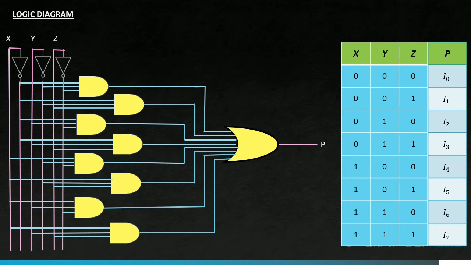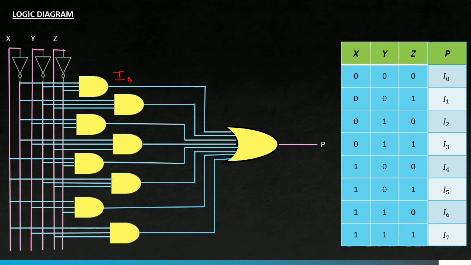See here in the logic diagram. According to this truth table of X, Y, Z, we have put all the values from I0 to I7 and made the logic diagram. For I0 we have X=0, Y=0 and Z=0. So we have connected one NOT gate with each of these input lines to make it 0, that is low state, and we have taken all the 0 state values from X, Y, Z and combined them with the help of an AND gate, and we have got our result as I0.